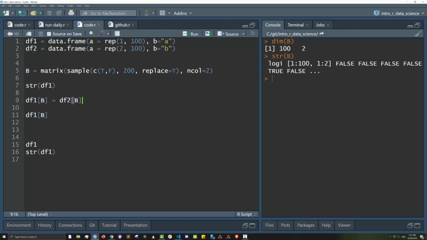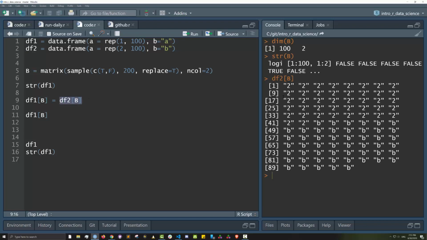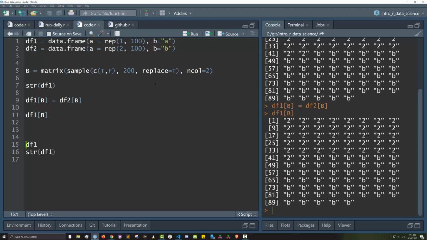So let's see what happens. Actually, let's just see what happens if I just run that alone. And you can see it actually takes values from column 1 and column 2, but they all get converted into a string. And we will take this string and then assign it into the appropriate positions in DF1. So let's just run that. And now if you look at what's happening in DF1, B, they are 2 and B. And let's look at the